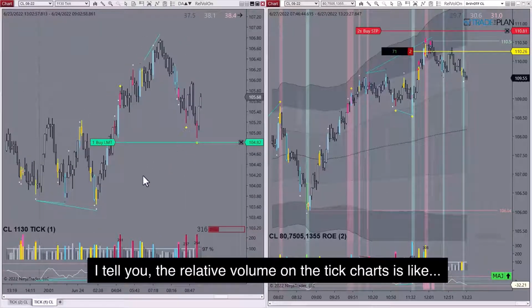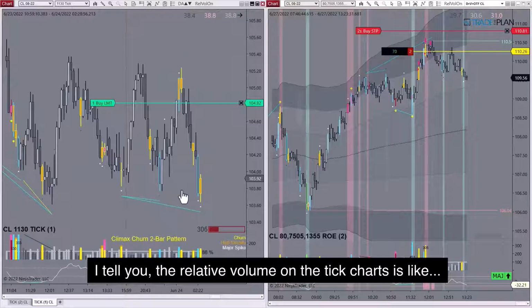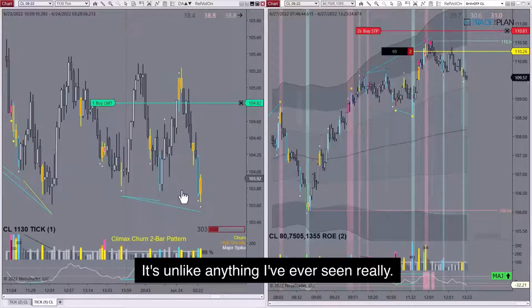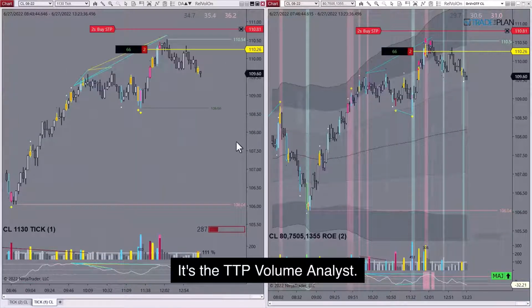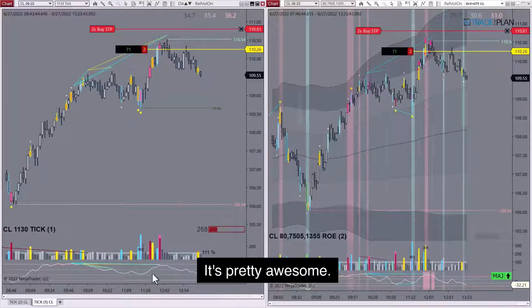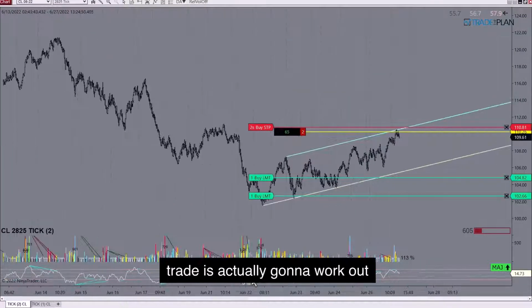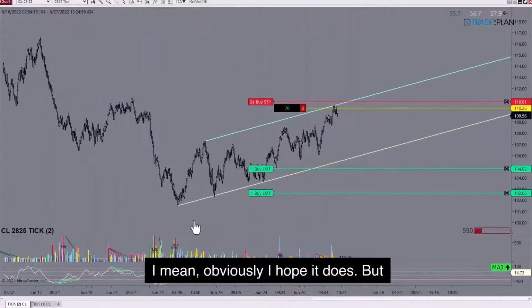I'll tell you, the relative volume on the tick charts is, like, unlike anything I've ever seen, really. It's the volume analyst. It's pretty awesome. Not so sure that this trade is actually going to work out. You know, obviously I hope it does, but